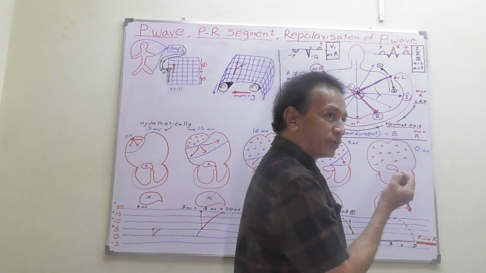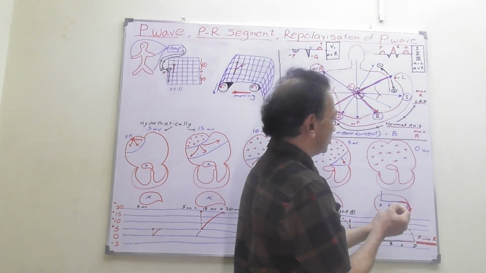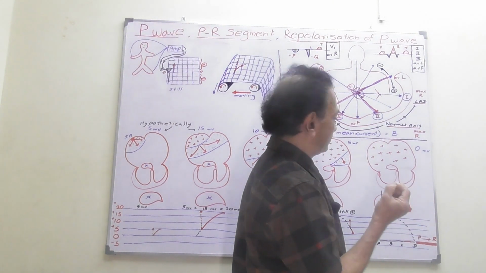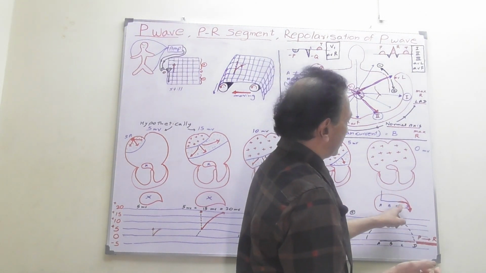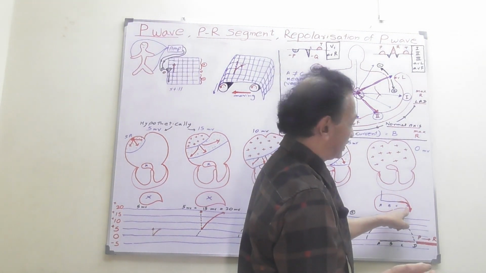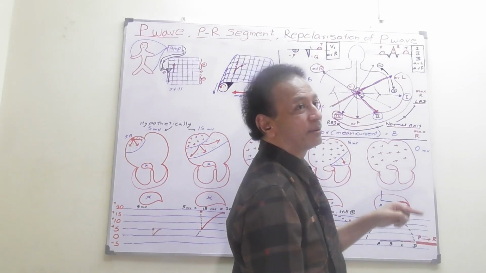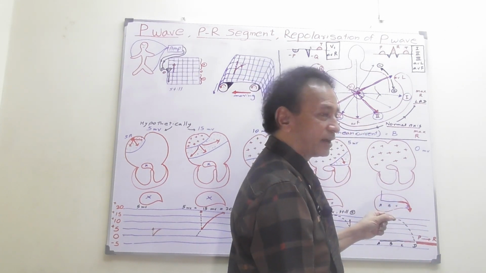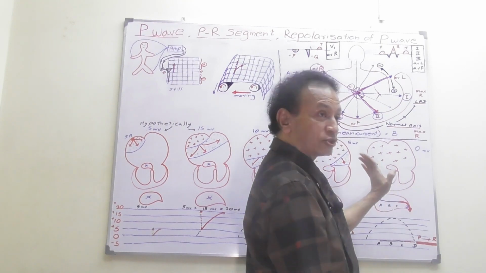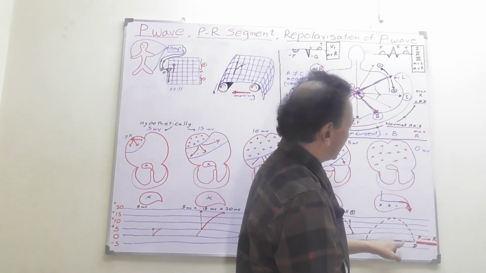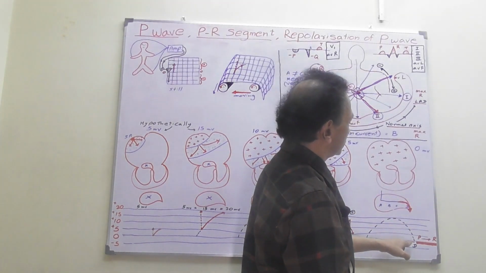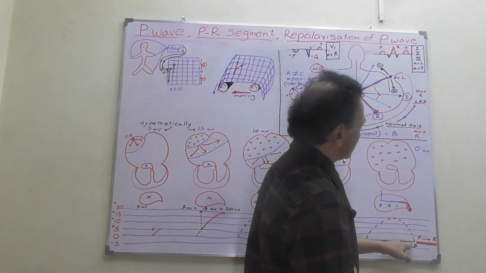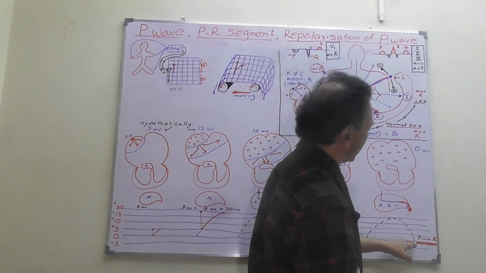So out of that small part, the current being produced is not getting detected by our machines. They are not sensitive enough. So the machine thinks there's no movement of the current, and again it will produce a zero line,